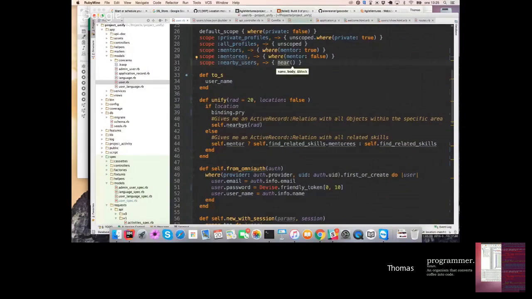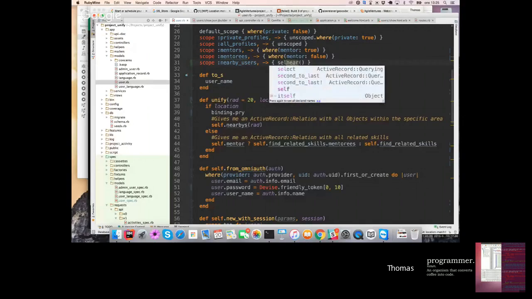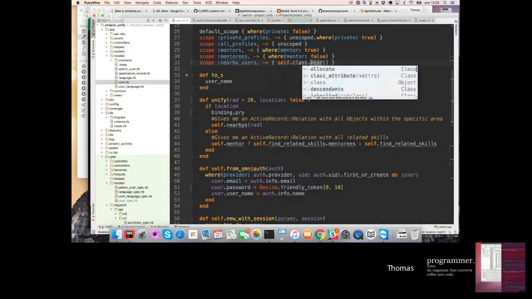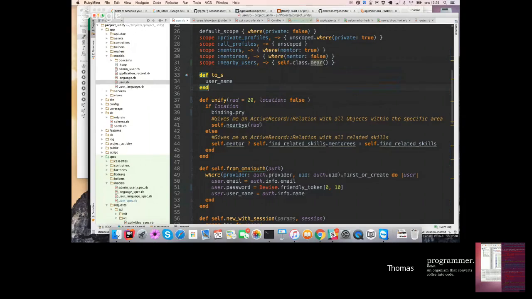But we don't have self. Say it like this: self class near. What am I trying to do here? I'm trying to scope every user. So this doesn't feel good. We cannot. Yeah. So what I'm trying to do is to grab the